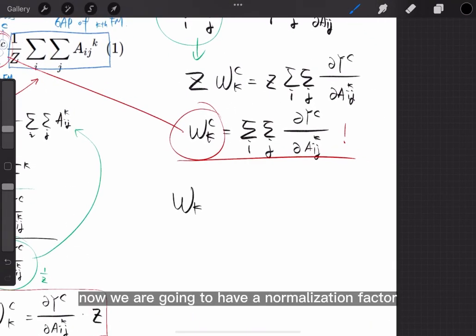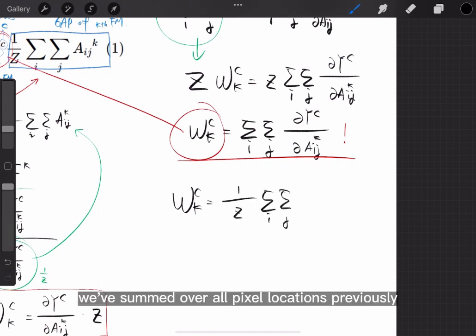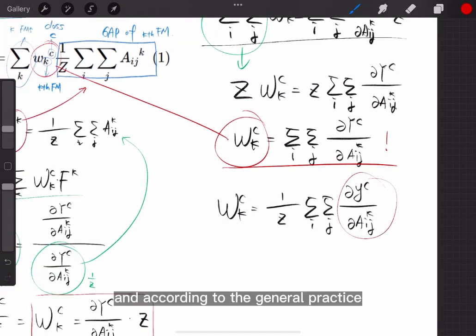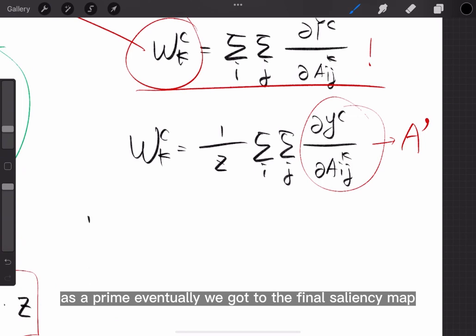Now we are going to have a normalization factor 1 by Z, because we've summed over all pixel locations previously, and now we want to divide it across all of the pixels. So this becomes the new weight, and according to general practice, we denote the partial derivative of y^c with regard to A_ijk as α. Eventually, we get to the final saliency map,